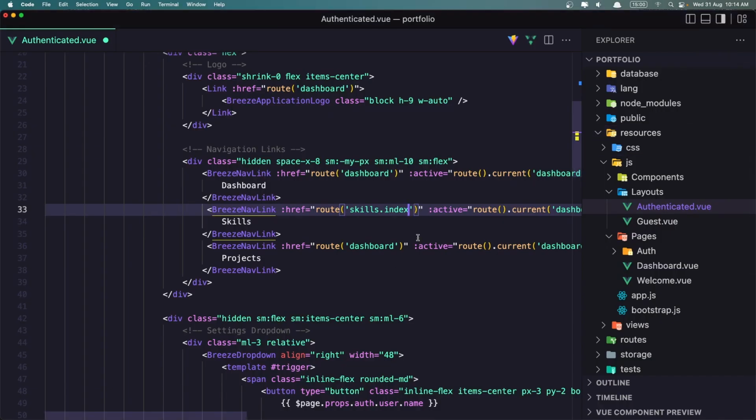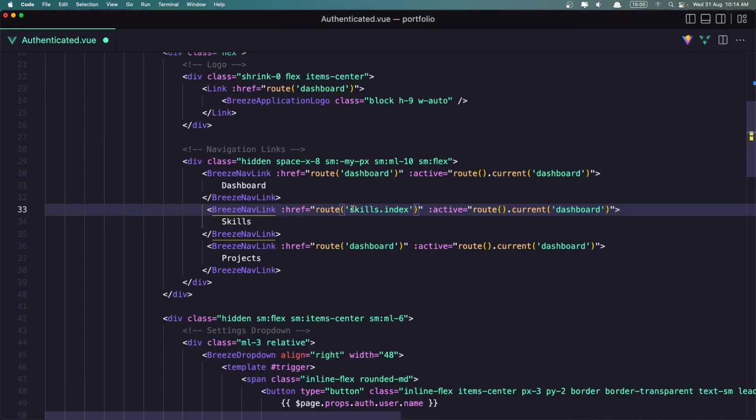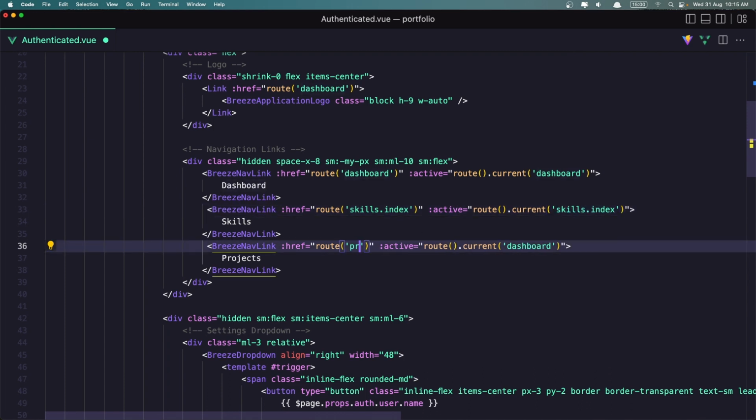Okay, so let's just copy this. Copy this and paste it here. And now inside here we need to say projects.index and the same thing if this is active or not. So if I save,